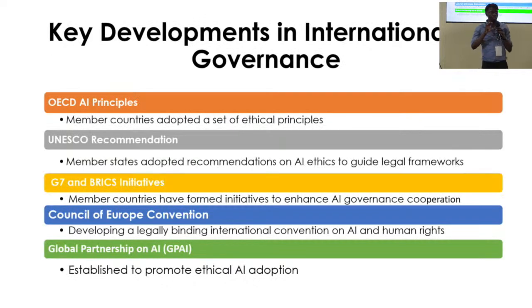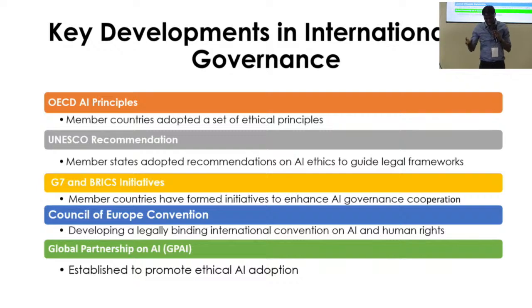Before we dwell much into AI policies in the global north and global south, we need to understand the policy landscape in the global space. Some of the key AI policies in the global space are the OECD AI principles, which member countries have adopted, specifically around ethical principles for AI technologies. Then we have the UNESCO recommendations, which also look at AI ethics and guide the legal frameworks around AI. And we have G7 and BRICS initiatives, which member countries have formed to enhance AI governance,